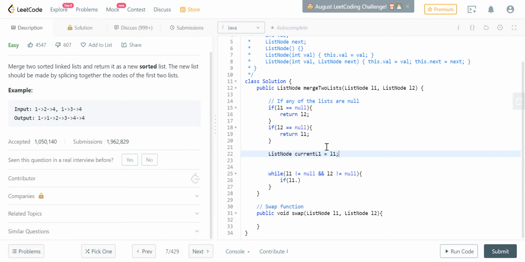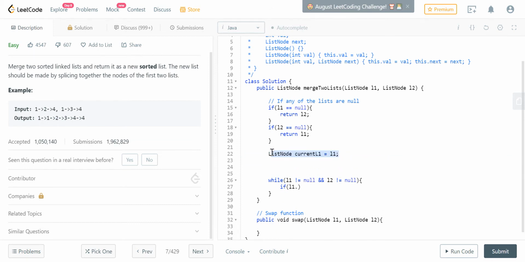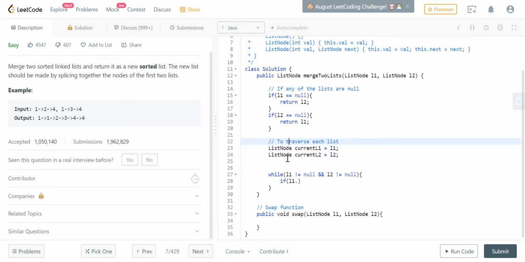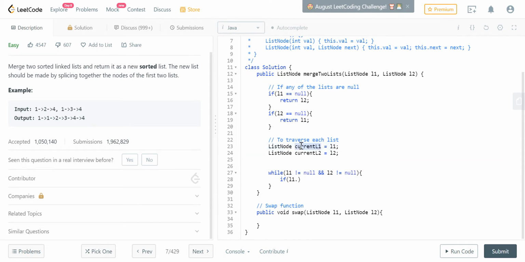currentL1 is equal to L1, and currentL2 equal to L2. All right. So they have the head references, and current has been created to traverse each of the lists. Okay. So while currentL1 is not equal to null and currentL2 is not equal to null,